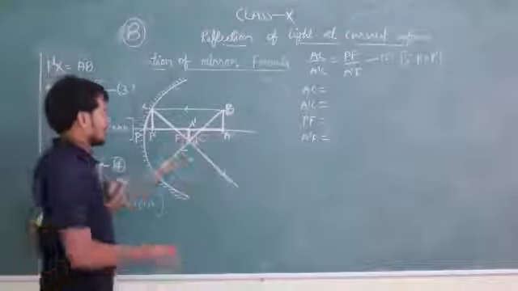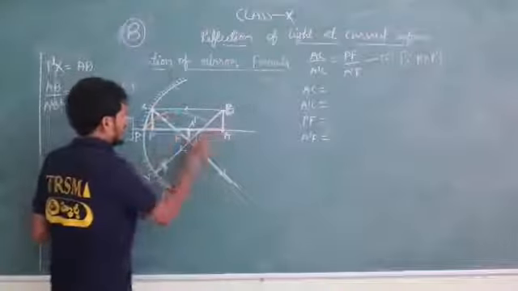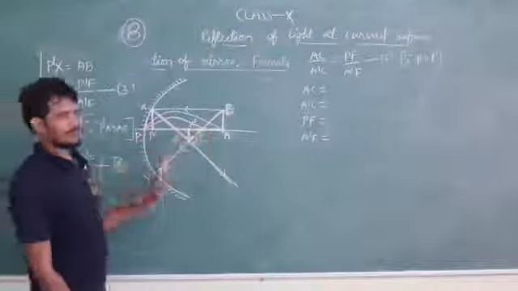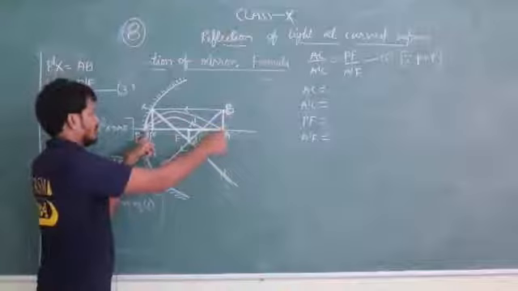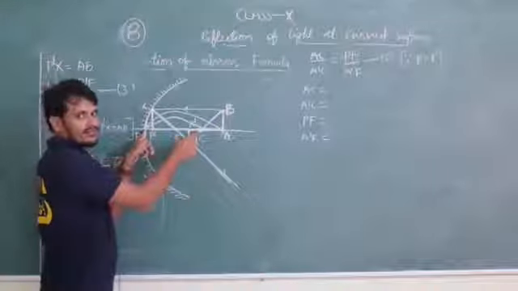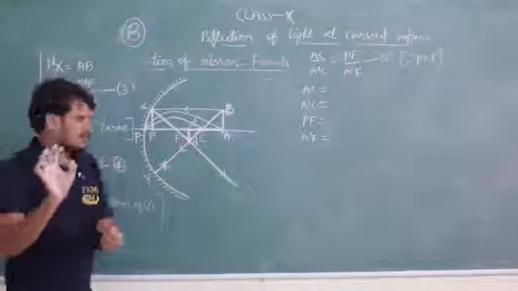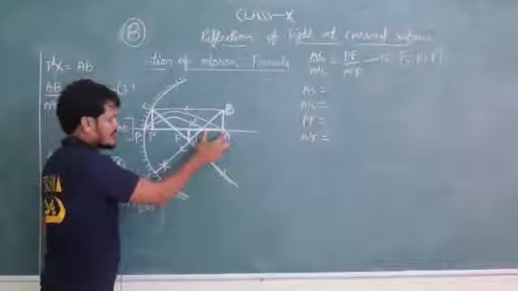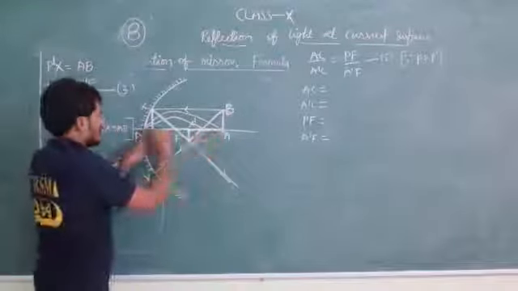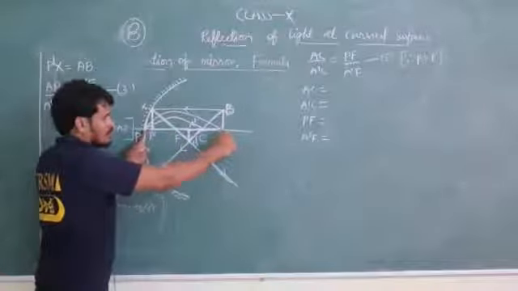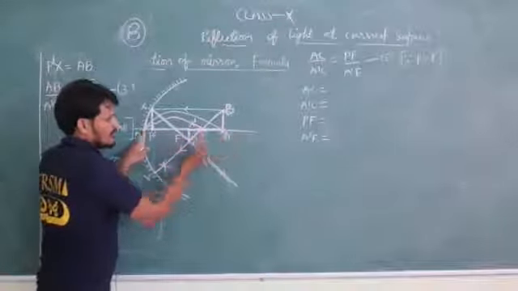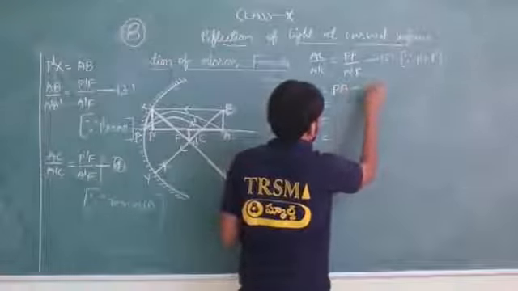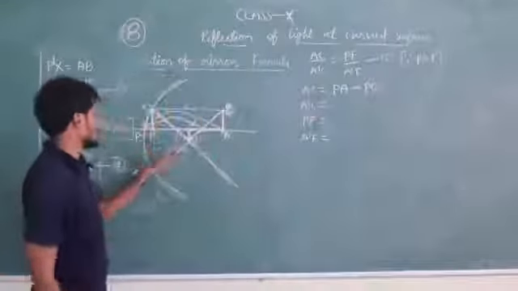So for that I am doing PA minus PC. I am subtracting PC from PA. PA is what? Object distance. P to the object is the object distance. From that I am subtracting the center of curvature. Just understand, I want AC. I require this value, and I don't know it directly. From PA, the total distance from P to A, the distance PC is subtracted. So what will I get? AC. Got it? So AC is PA minus PC.